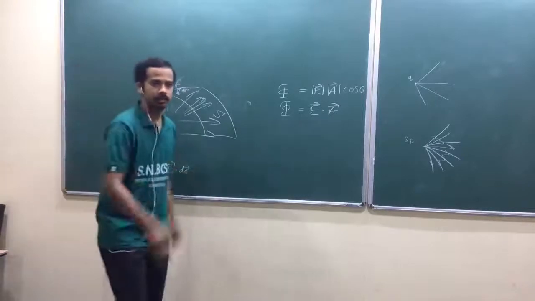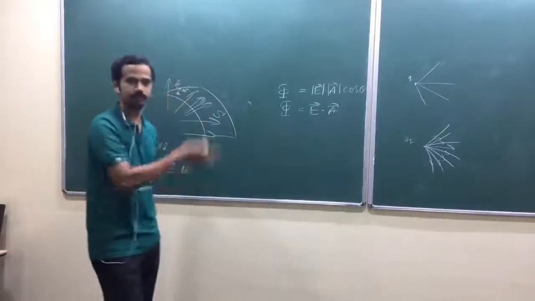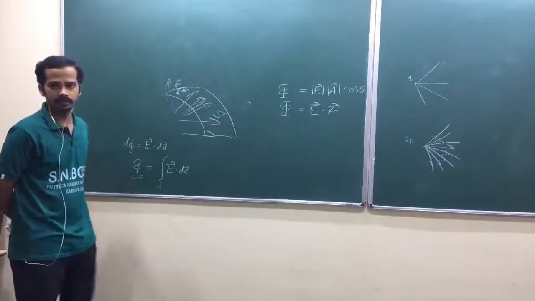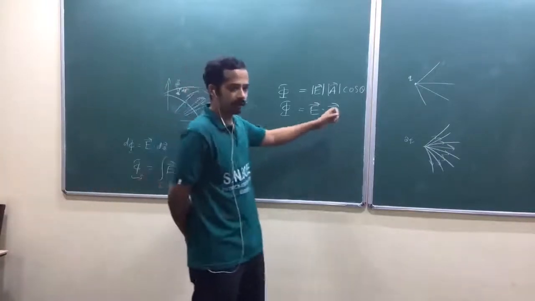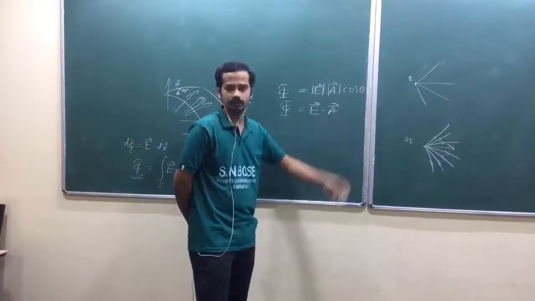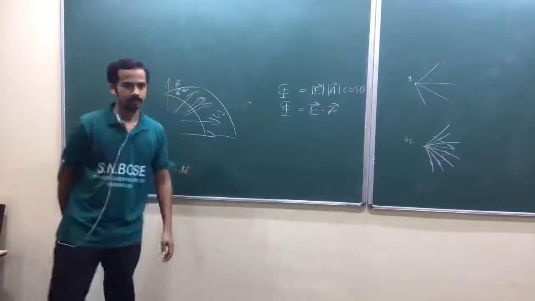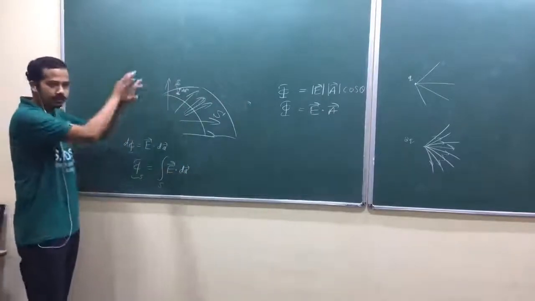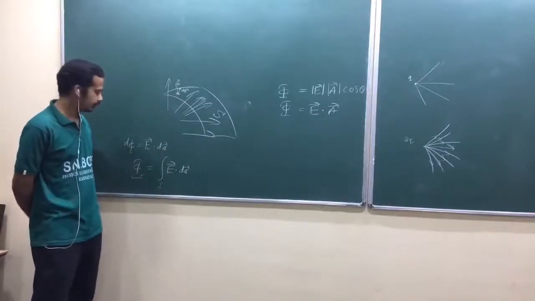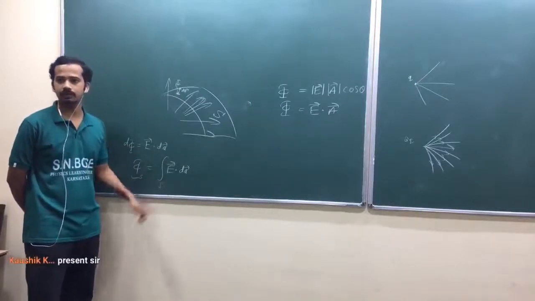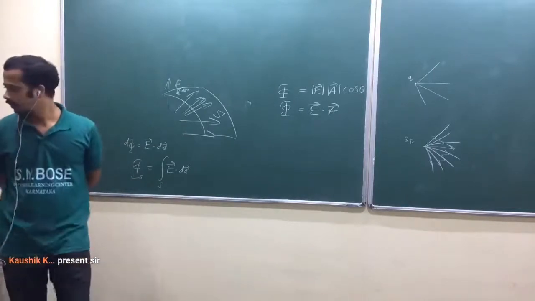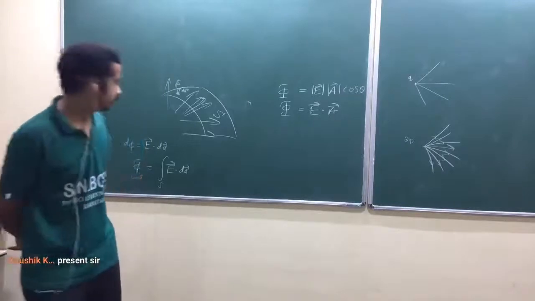Earlier, what had I taken? I had taken a uniform vector field, that's why it was very easy to calculate the flux. Is that okay? So if you have a planar area and a uniform field, then you can just use this one. Am I right? But if you have a non-uniform surface area and non-uniform field, then you have to go for the surface integral. And that's a scalar. The result is a scalar.